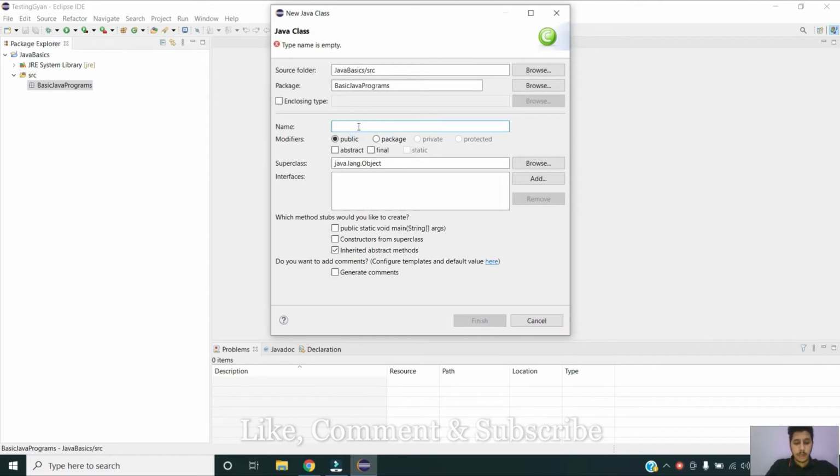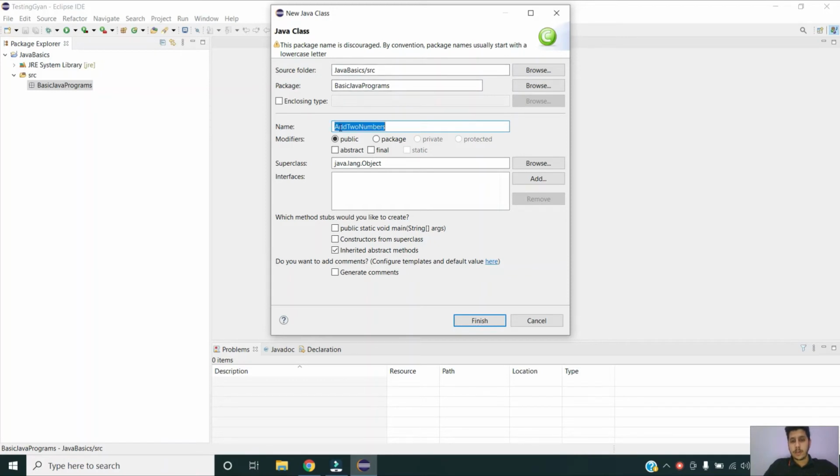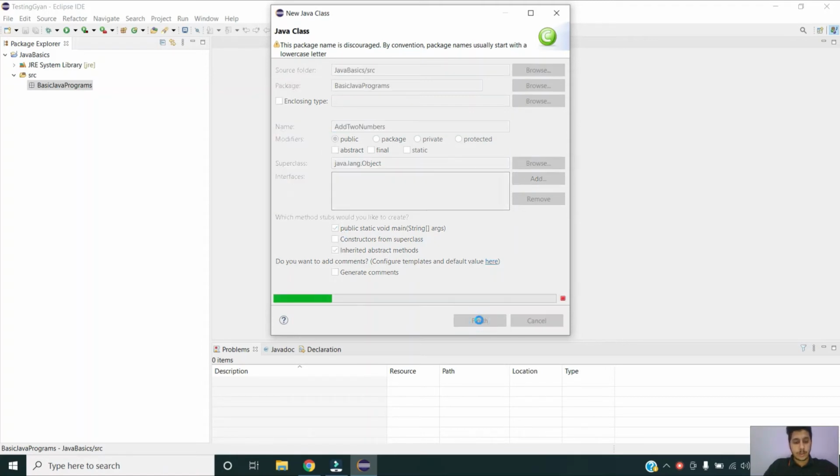I'm giving my class name as AddTwoNumbers. The naming convention for class is Pascal case, where the first alphabet of any word will be in capitals, others will be in small. Then I want to include my main method. Yes, I will check this checkbox and finish.